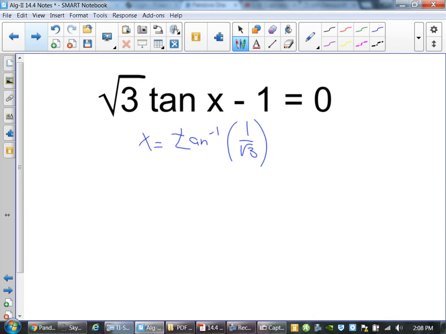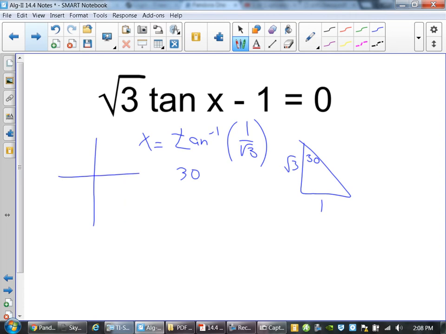The reason I don't have to, Shuki, is because what's the point? If I rationalize it, I get root 3 over 3, and I still have to figure out what triangle it is. I know that this is my opposite, that's my adjacent, I'm done, 30 degrees. There's nothing wrong with rationalizing, it just makes it easier not to. You don't need it as a solution to solve the problem, okay? So knowing that you have a reference angle of 30 degrees,